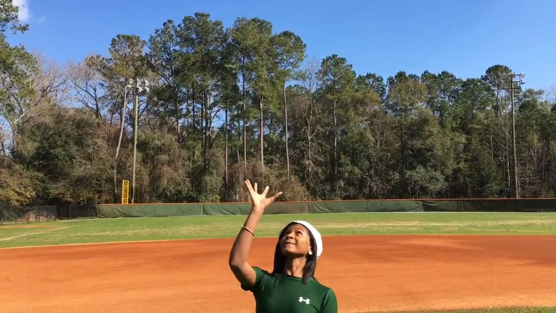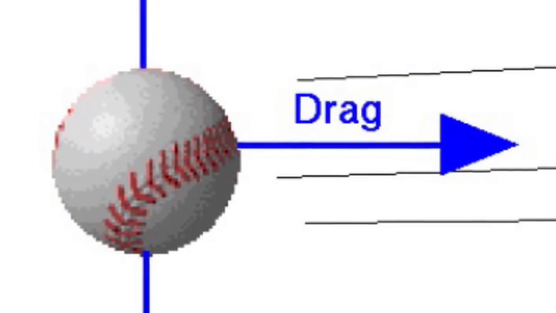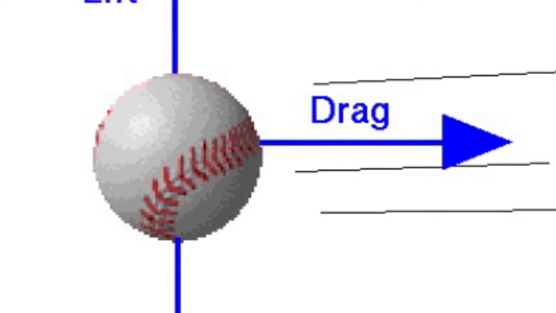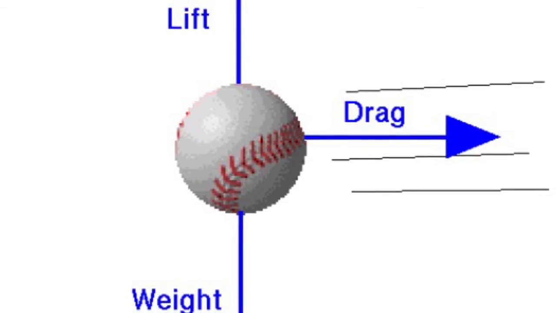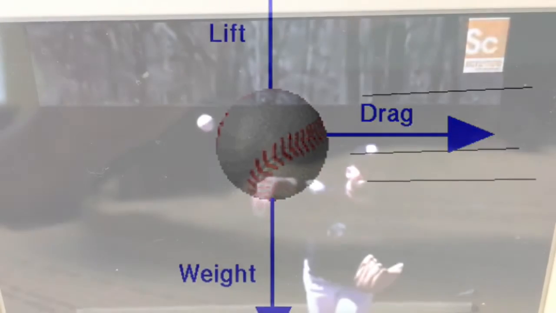No matter which type of ball is pitched, force will always have an effect on it. However, I will only be discussing 3 main forces acting on the baseball: drag, weight, and lift. Drag is defined as the air resistance on an object as it moves through the air, which means as soon as a pitcher releases the ball, it will start to slow down, resist, and fall due to aerodynamic drag and